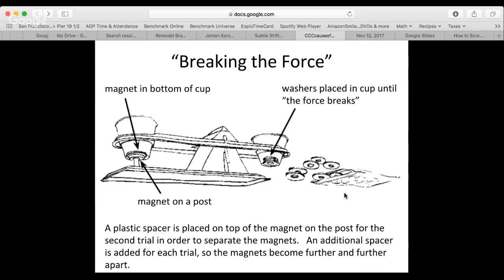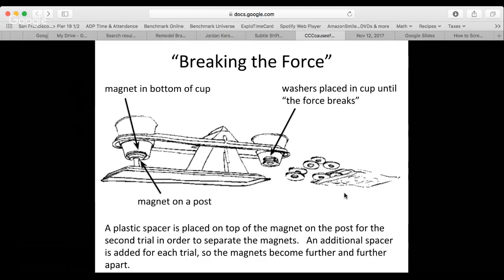In prior lessons, the kids had explored magnets. They'd seen that they attract and repel and had seen them interact with other materials. The students saw that there's a push or a pull to the magnet. This lesson is supposed to help them see that there's a strength to that push or pull that gets weaker with distance. You can see here on the slide a picture of the setup, which involved an equal arm balance